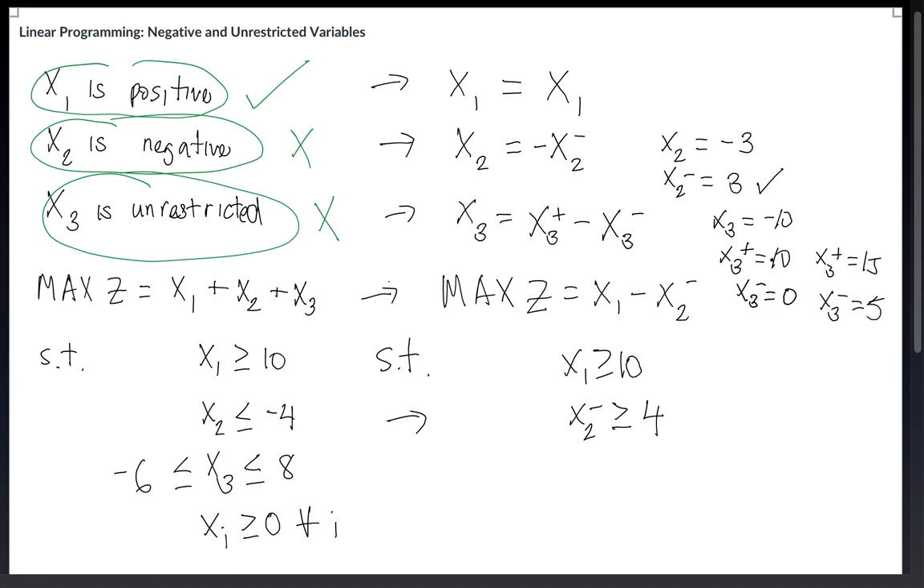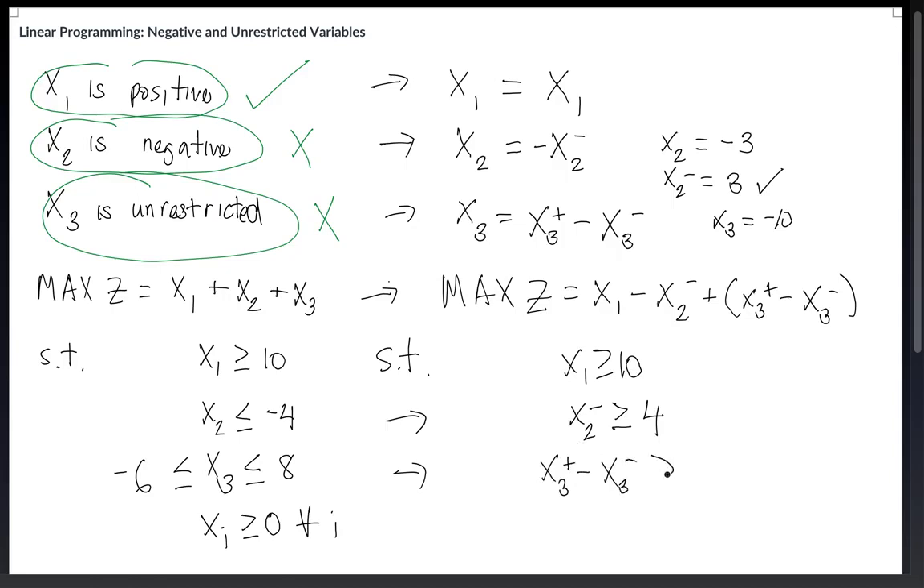And does it matter which one you take? No, because in the objective function, we're just going to add that as plus x sub 3 plus minus x sub 3 minus. And it doesn't matter which one you use. And we just put this here as x sub 3 plus minus x sub 3 minus is in between,